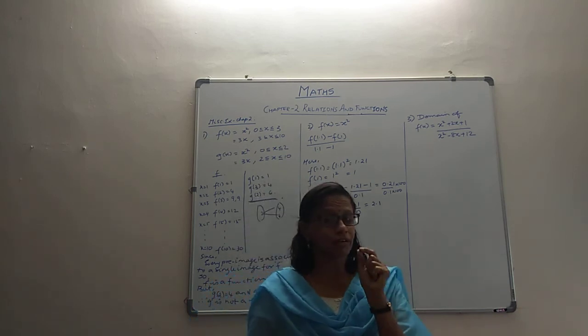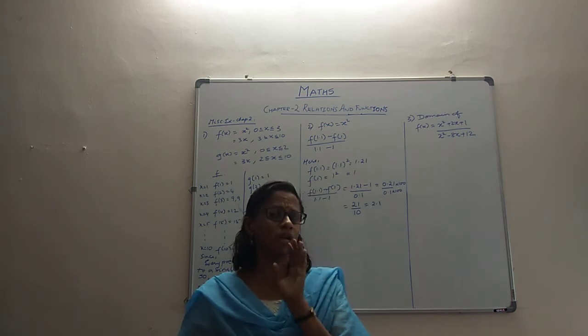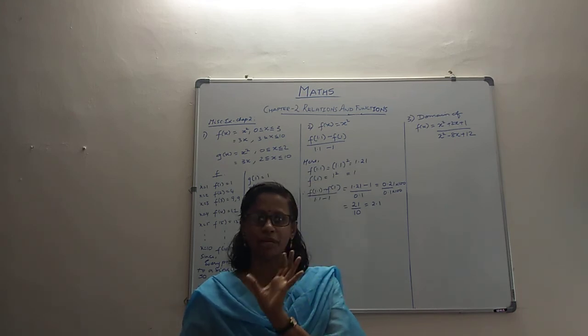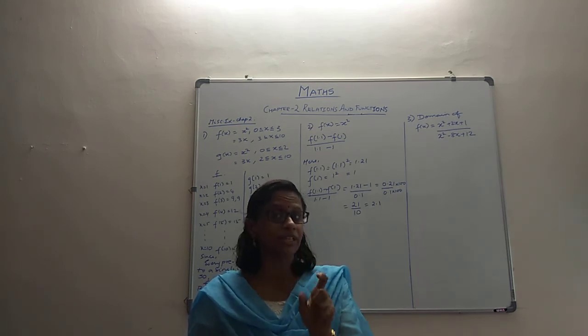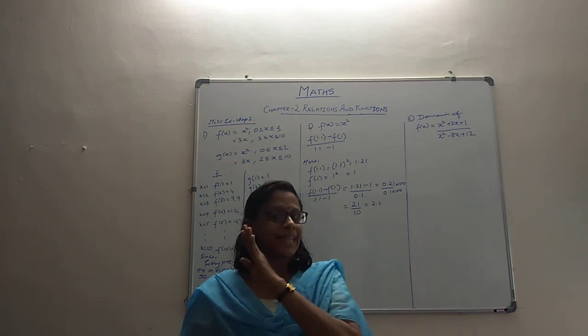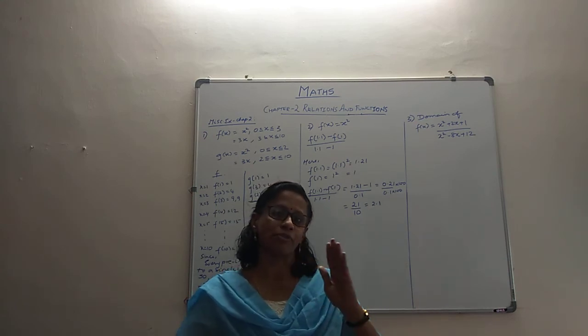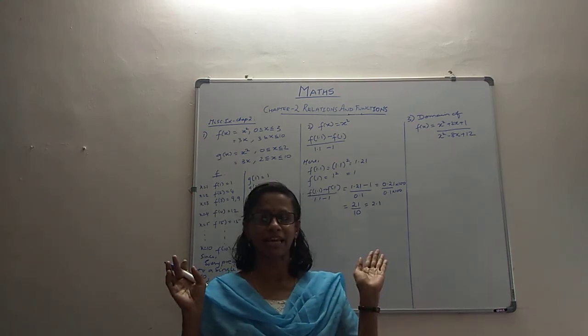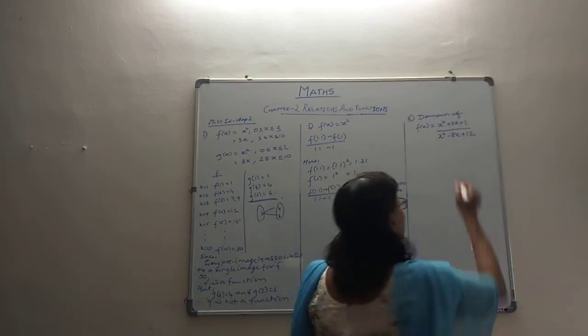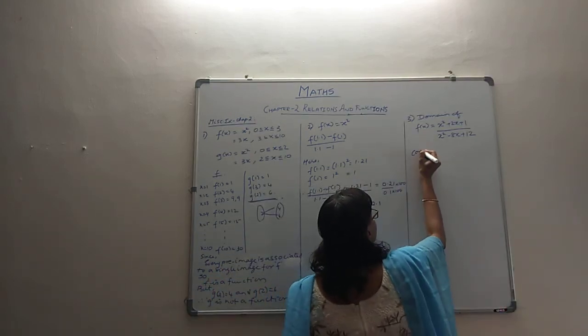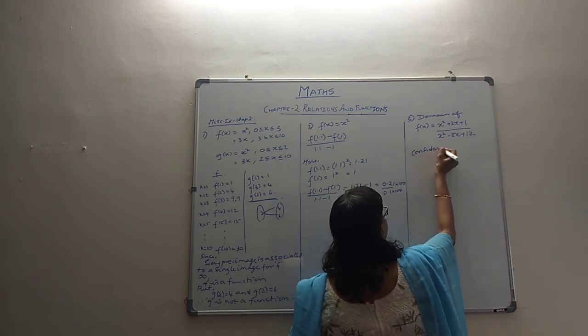So, for defining your domain, you have to be careful only to check that the denominator should not become 0. So what we are going to do is find the points where the denominator becomes 0, and remove those from our domain. Then our function becomes safe and well defined. So let's get across that. We will look at the definition. Let's look at the denominator. Consider the places where the denominator becomes 0.